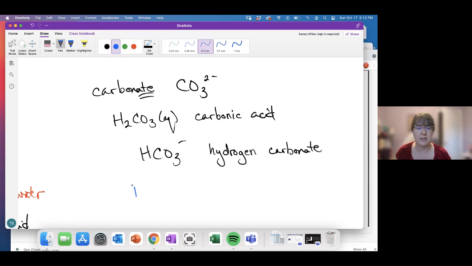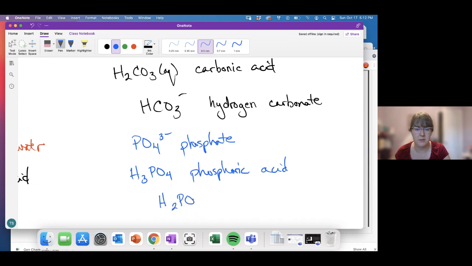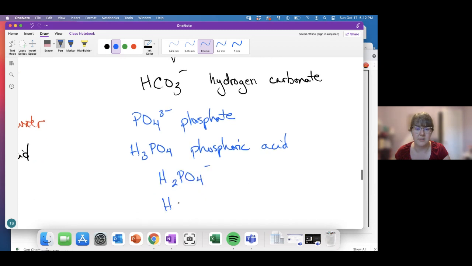The same way that we could have named phosphate, and then we could have named phosphoric acid. And I believe they list both this one and this one on your polyatomic ions list. For right now, we are just going to have acids be neutral compounds and the other ones be polyatomic ions. These actually are also acids,